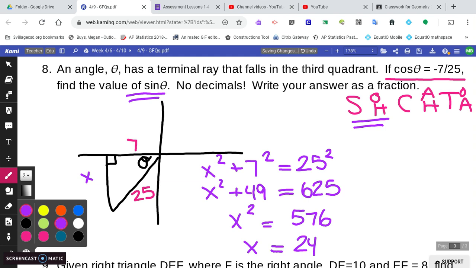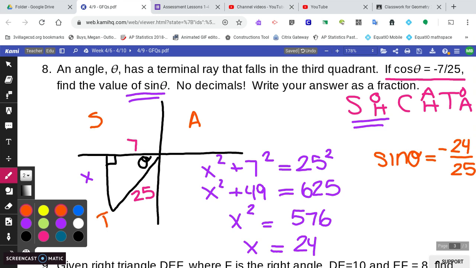Now that I found that missing side, the last piece we need is for sine of theta to equal the opposite over the hypotenuse, 24 over 25. But keep in mind, sine is negative in the third quadrant, so we'd have to have a negative, because remember, A, S, T, C, sine would be positive in